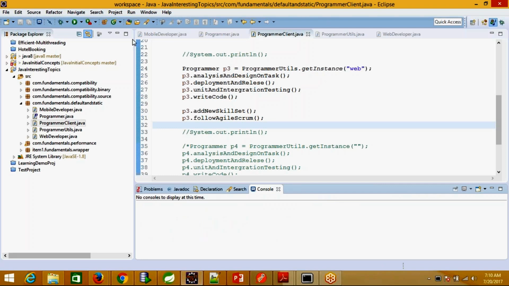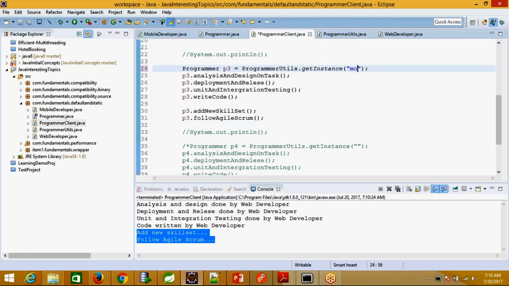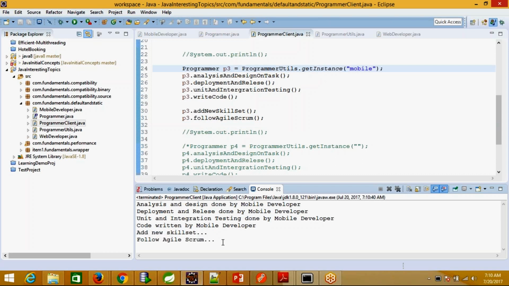So let us run this now for the web developer. See here, these two get added here without touching my implementation logic. If I run it for the mobile, then it would give the output related to the mobile developer itself. So pretty much easy work.